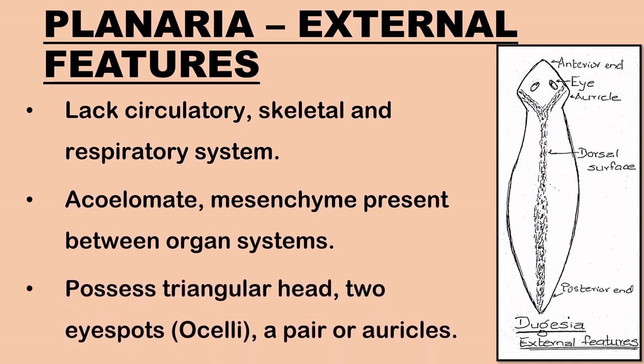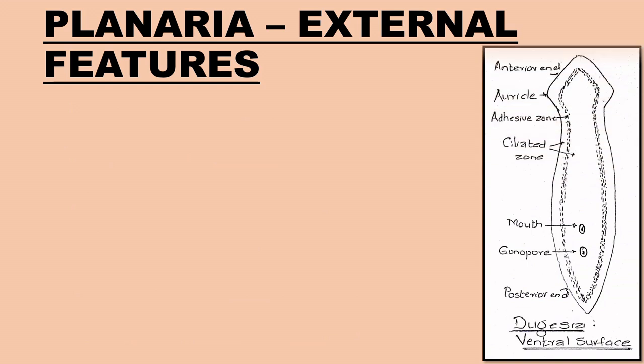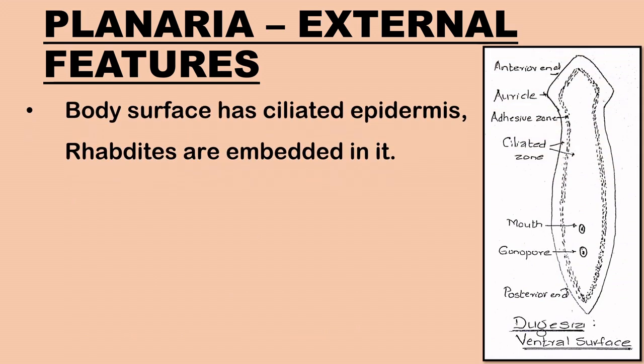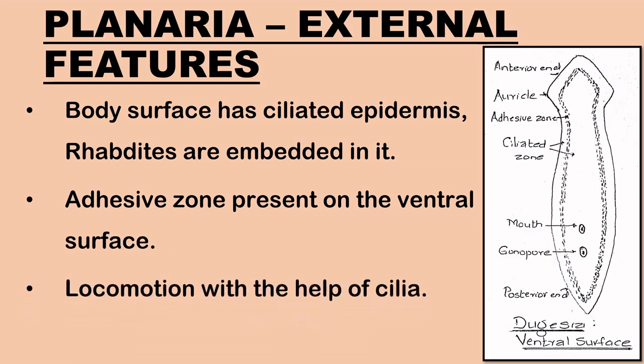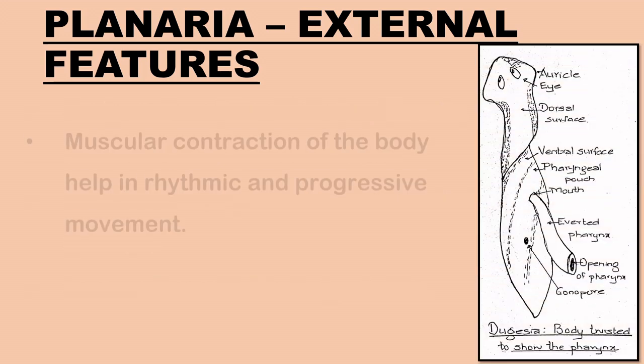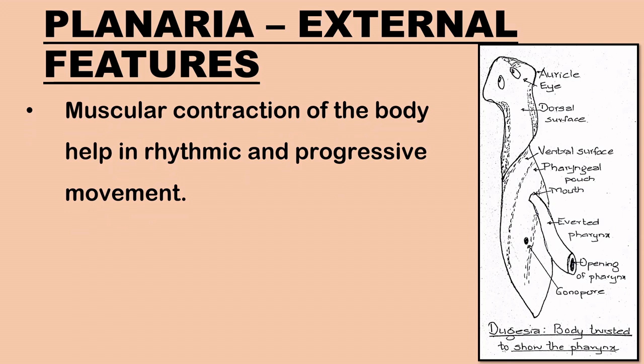They have a distinct triangular head, two eye spots known as ocelli, which can only differentiate between dark and light, and a pair of auricles, which are chemoreceptors as well as sensitive to touch. The general body surface of planaria has ciliated epidermis and rod-like bodies known as rhabdites embedded in it. On the ventral surface is an adhesive zone which helps the flatworm to adhere to the substratum. Locomotion of planaria is through cilia, which shows gliding movement and is assisted by slippery mucus. The muscular contraction of their body also helps in the rhythmic and progressive movement from the anterior end to the